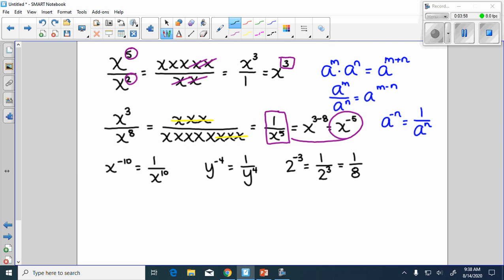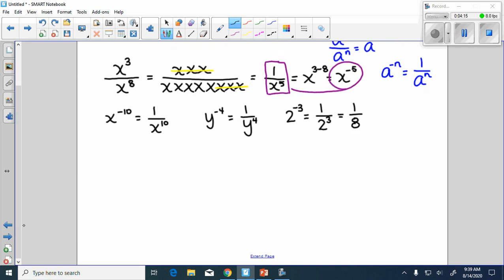Now, the thing we have to be careful of when we're doing these rules, it's just like with order of operations or anything else. A lot of you will be able to tell me the rule out loud, "I'm supposed to subtract the exponents, Ms. Jackson. Top exponent minus the bottom exponent." But not all of you will do that in practice when you sit down to do the arithmetic. So here in just a moment, I'm going to put a few examples here. And once I get them all written on here, I want you to pause the video and try to work through them one at a time and do the arithmetic, being very careful